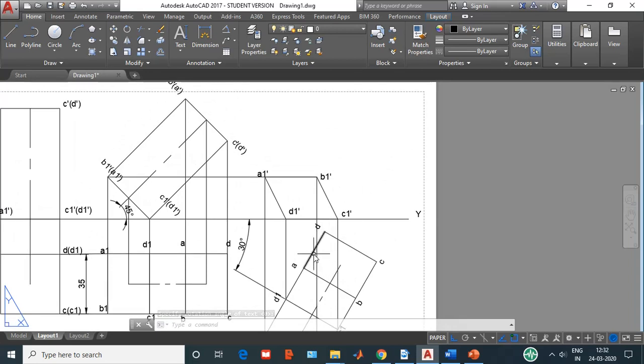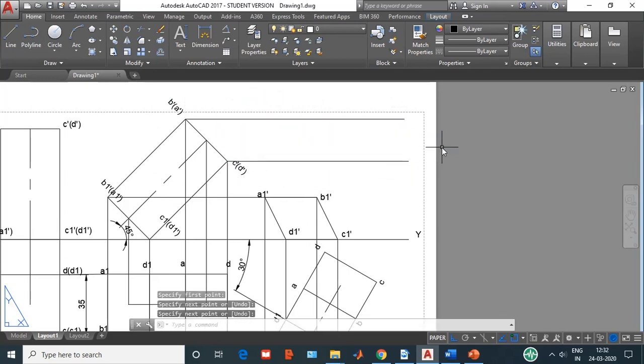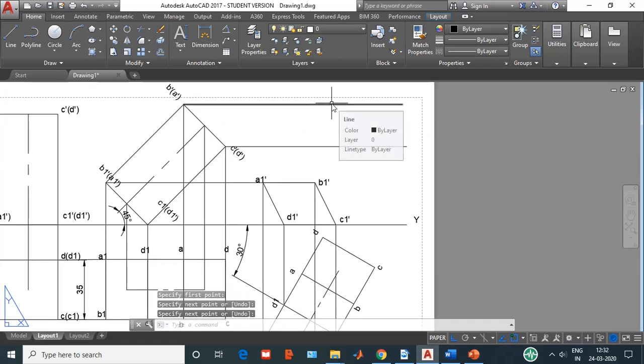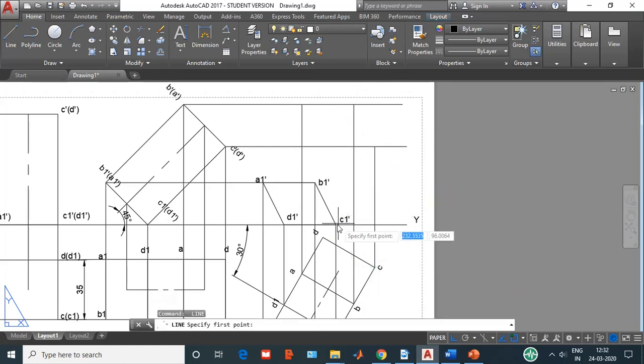The top face in the top view is here, ABCD, and here is the front face. First project lines from this view and from here. I should join AB from the top view. I'll take A from this point and join it to this point. I'll take B from this point and join it here. I will take C from here and join it to this point. I'll take D from here and join it to this point.